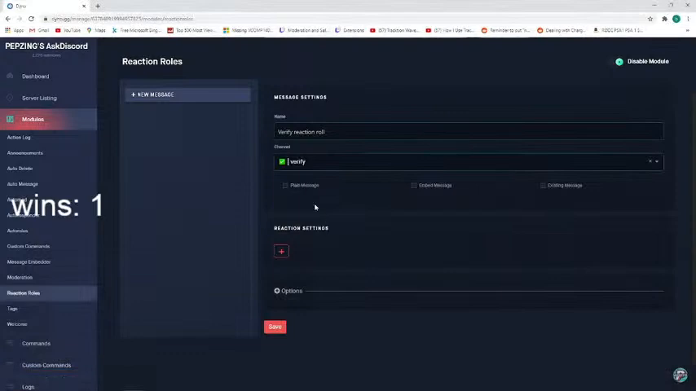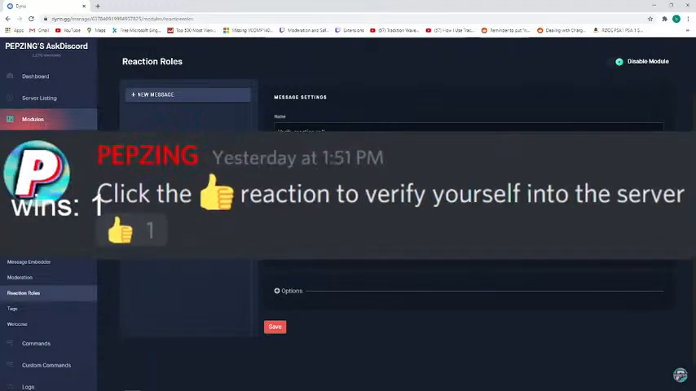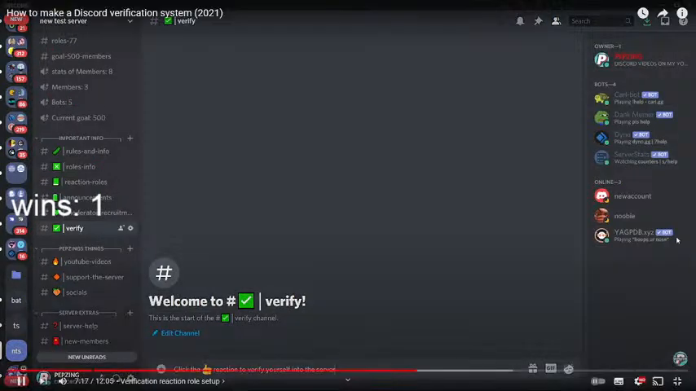Now we have three different options here, either plain message, embed message, or existing message. The two options I'm going to show is either plain message, which is when the bot sends the message, or existing message, which makes the reaction role look like it was sent by you. If you want the reaction role to be under your own message, simply go back to the server and